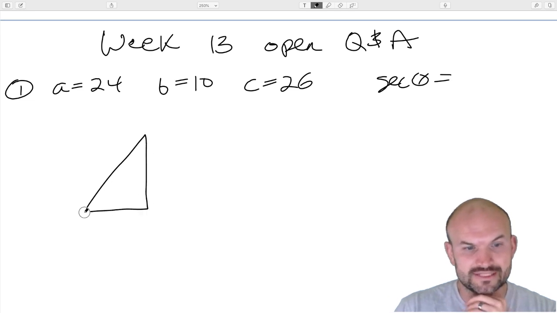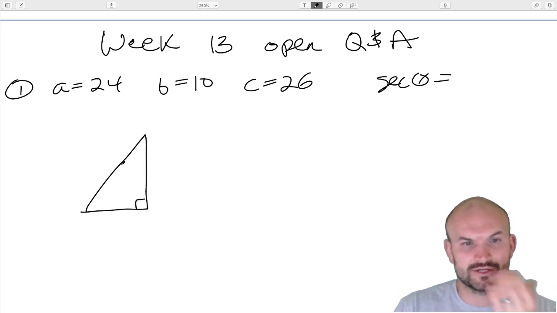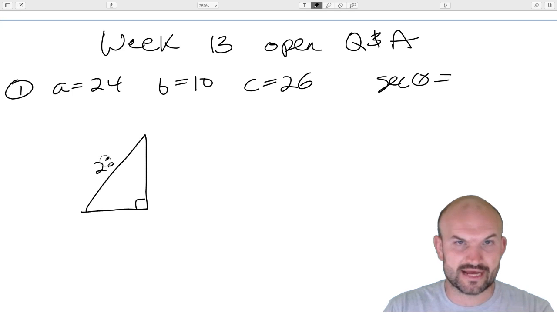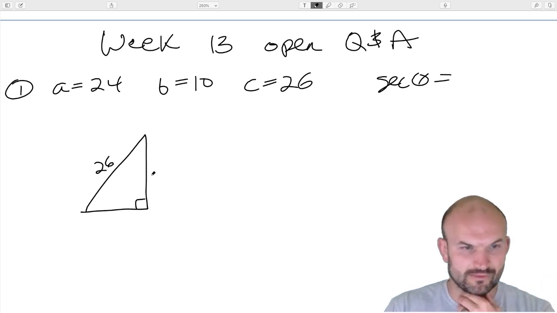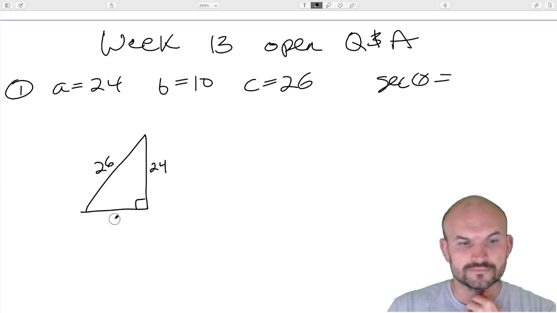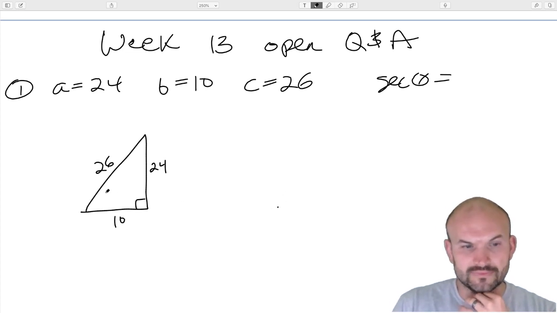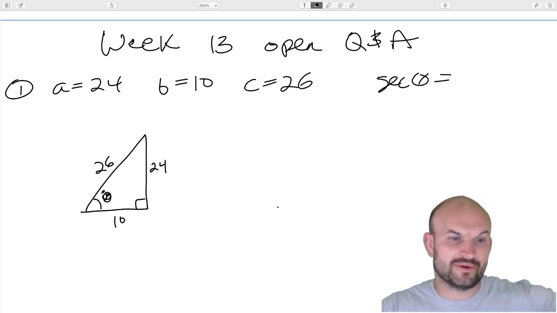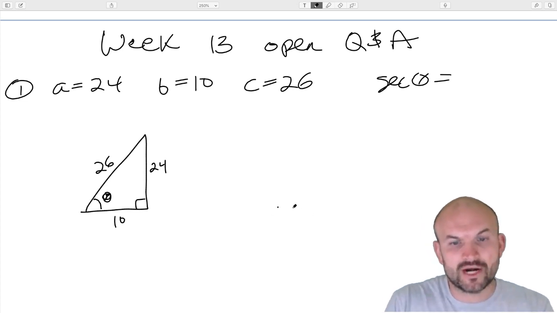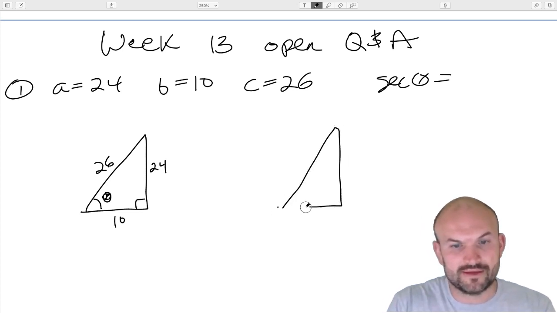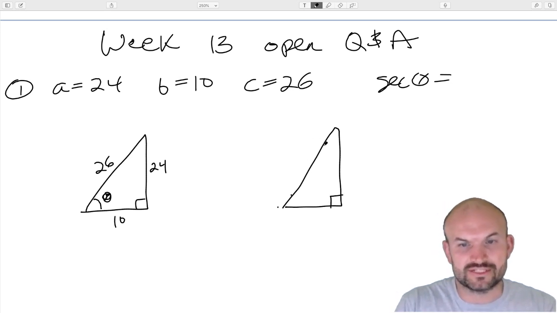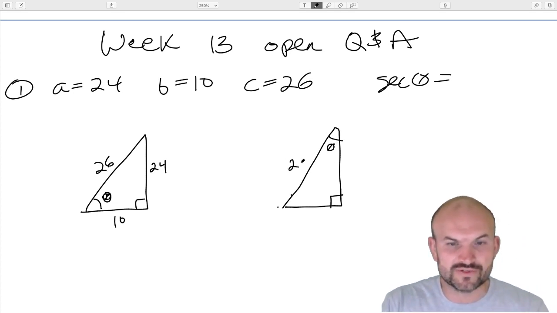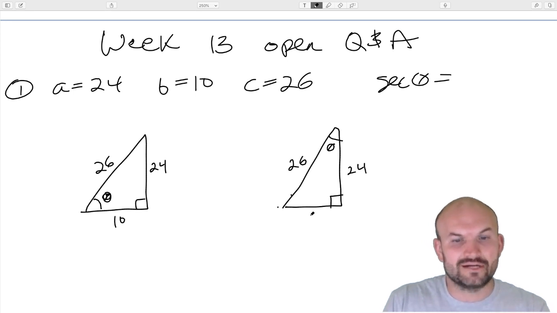So let's go ahead and look at a triangle. Obviously, we know that 26 is going to be the hypotenuse because that's the largest side. The other two sides don't really matter, but let's make the height 24 and this 10. Now, let's say theta was right here. Now we can evaluate our trigonometric functions based on that angle. But our problem is we don't know if that's where theta was supposed to be, because we didn't have a picture or the student didn't know where to reference. That's why it's really important to understand these trigonometric ratios. They all depend on where the angle is.